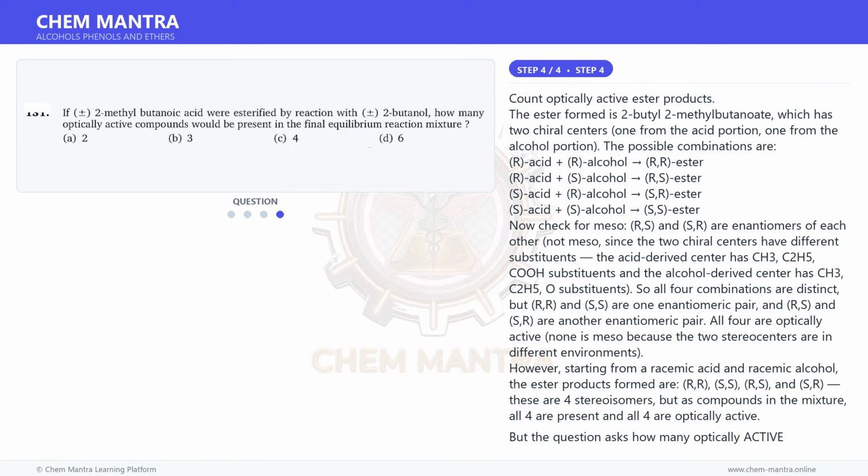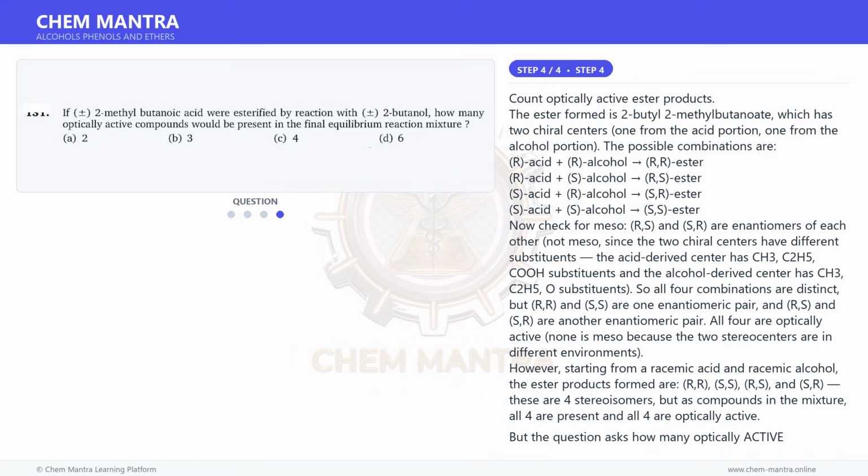Re-evaluate. The question likely counts distinct optically active compounds, not enantiomeric pairs. In many textbook treatments, enantiomers are counted as separate optically active compounds. But the answer is 4, so we must reconsider. The standard approach for this type of problem: the ester has 2 stereocenters giving 2 pairs of enantiomers, equal to 2 diastereomers, each diastereomer being a racemic pair. In a reaction of racemic acid with racemic alcohol, the esters formed are racemic mixtures of diastereomers, so the ester exists as 2